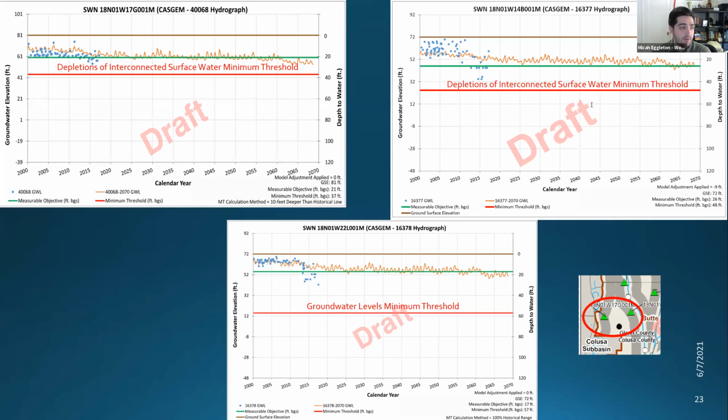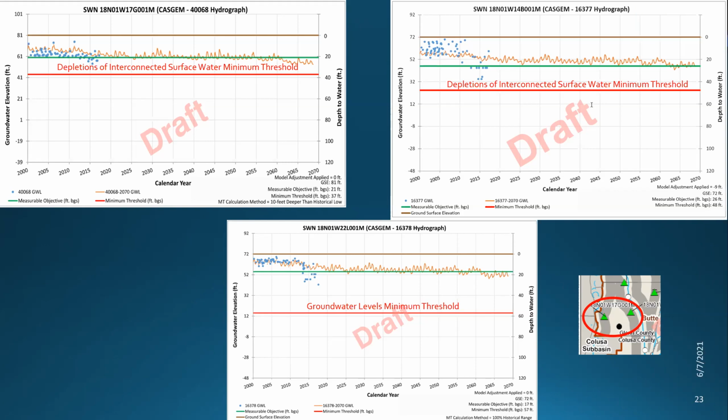I can also say that our recommendation moving forward during the implementation period of the GSP is to increase that shallow monitoring network, those 10 locations that we brought up in the map. And I would also say that the 30 feet helps be protective of the potential GDEs that have been identified by the Nature Conservancy. So I understand that.